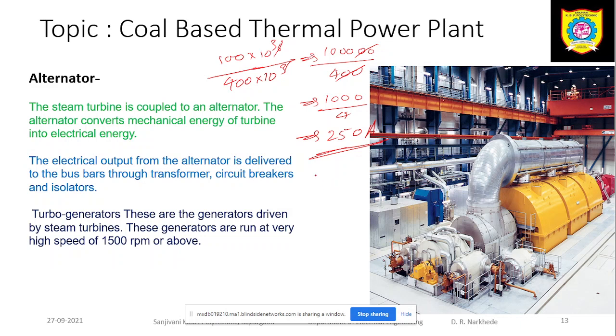So that's why the losses are also reduced. The I square R losses which take place inside the system are also reduced. That's why we use the transformer, and these transformers are called step up transformers. Then the circuit breaker. These circuit breakers are used to disconnect the supply in case of an emergency. Circuit breakers are nothing but just like switches, just like the switch buttons you use in your home.